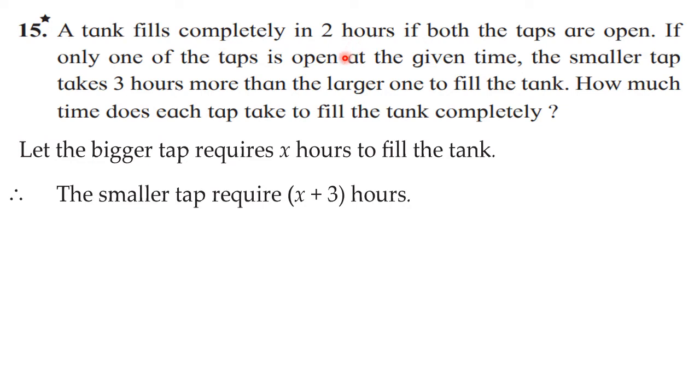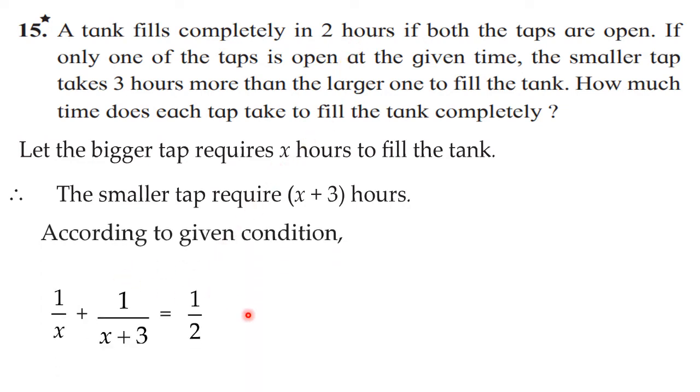So from the given condition, we can write down the equation directly like this. Don't write those statements that in 1 hour how much part the bigger tap is going to fill and the smaller tap is going to fill. Don't write that. Directly you can write like this. This much part is filled by the bigger tap, and this much by the smaller tap, because the bigger tap is taking x hours and the smaller tap is taking x plus 3. So in 1 hour this much water is filled. And the tank is filled completely in 2 hours, so in 1 hour half part will be filled.